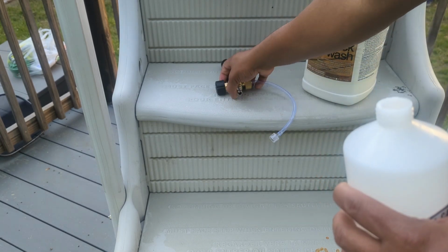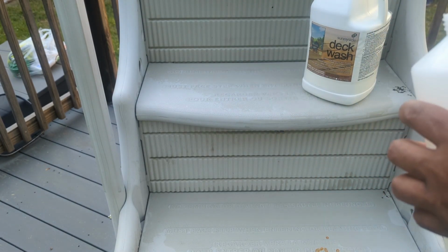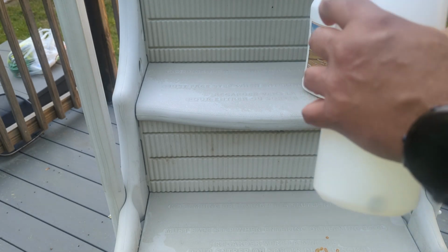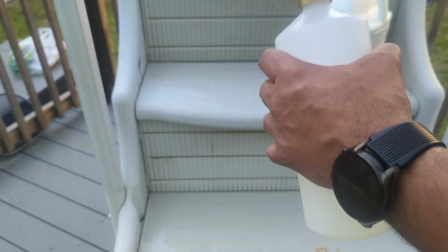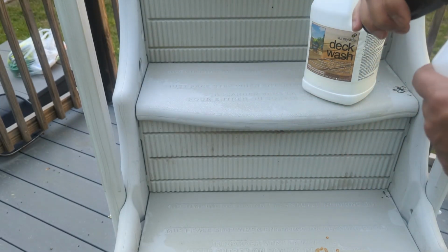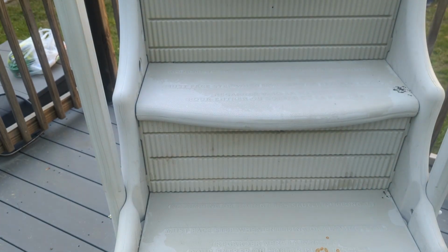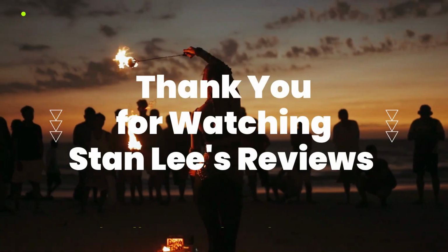Put my deck wash in there and get ready to put the tip of the foam cannon in there, and we're about to be cooking with fire in about